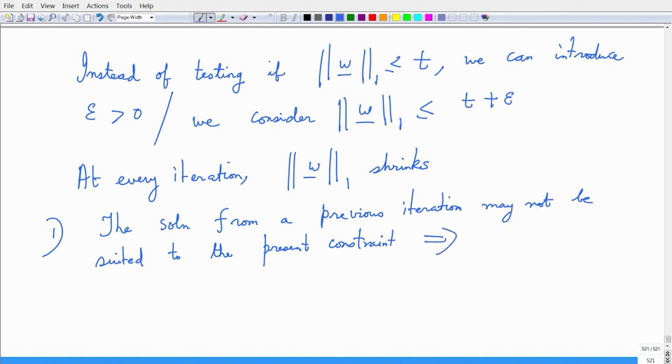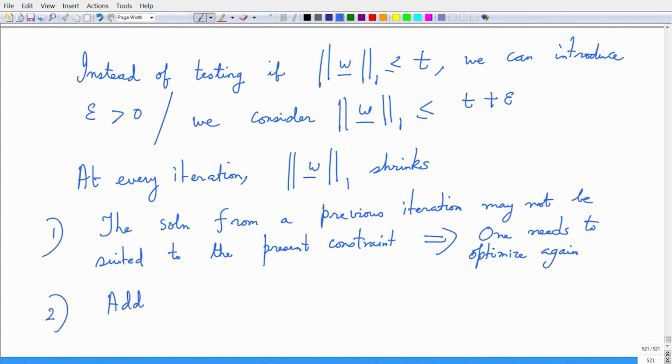And this implies that one needs to optimize again, because the terminal condition from the previous step may not be a good initial condition at this step. Okay. And the second thing is